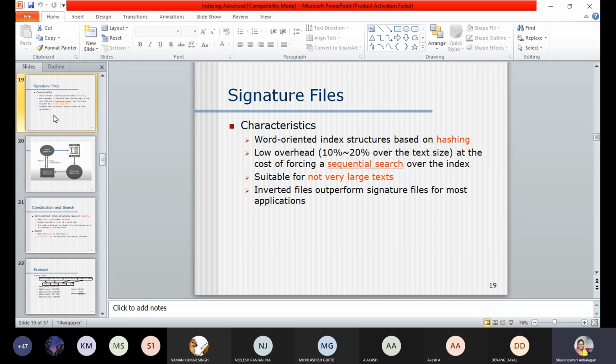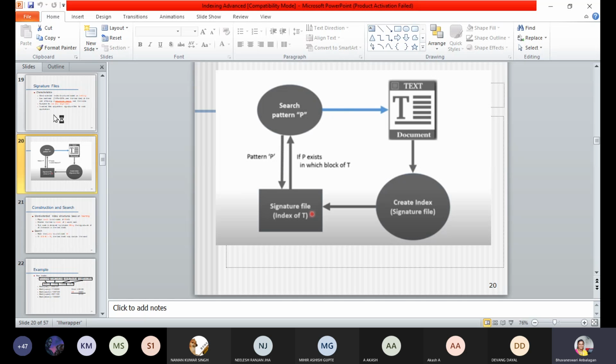Sometimes we will make use of this inverted index querying for creating index. But in case of signature file, this is also an alternate form of creating indexing for a text file, but we will be making use of hashing technique for performing this. The drawback of the signature file is it is not suitable for large set of text data.